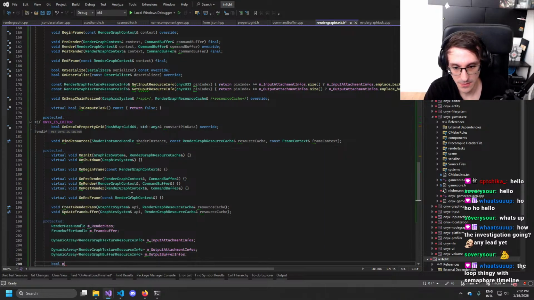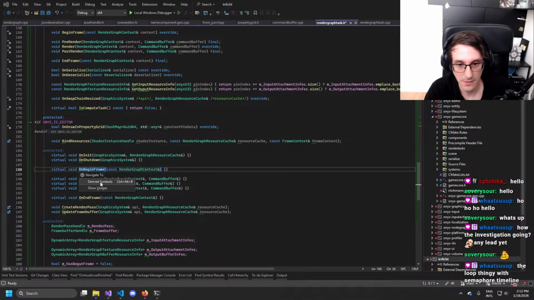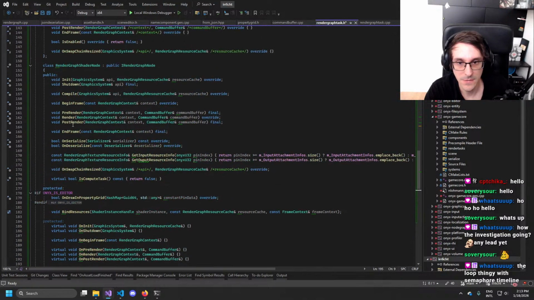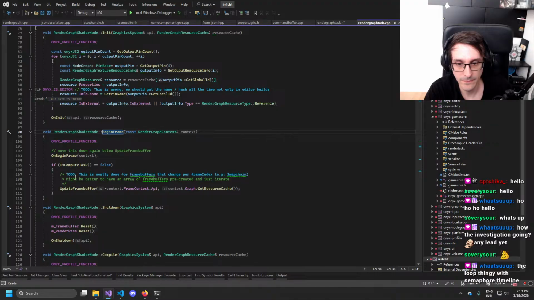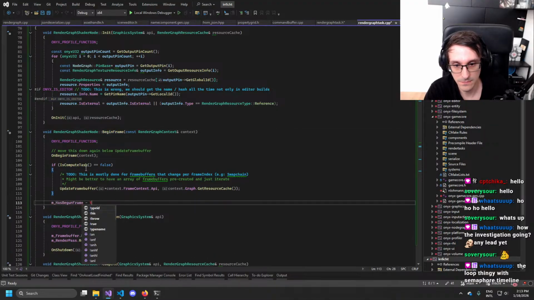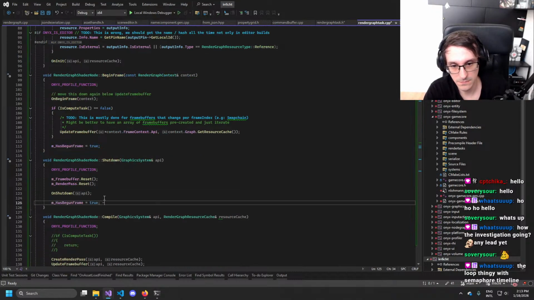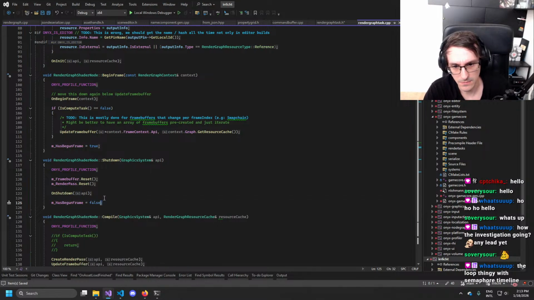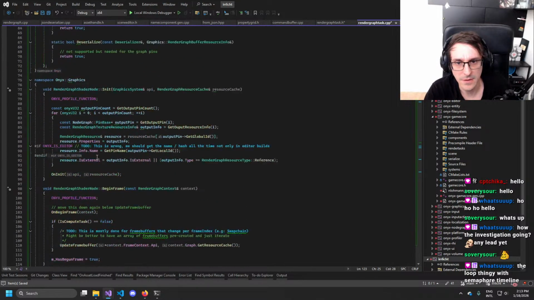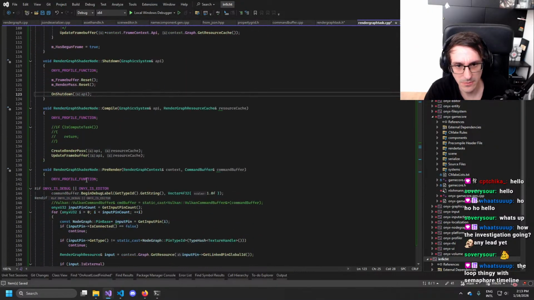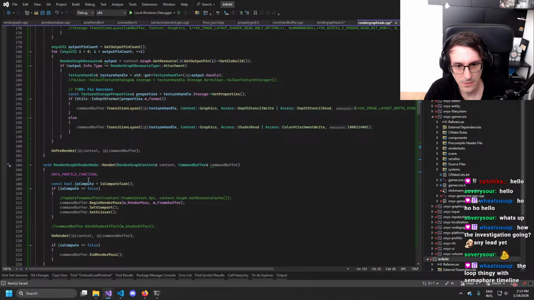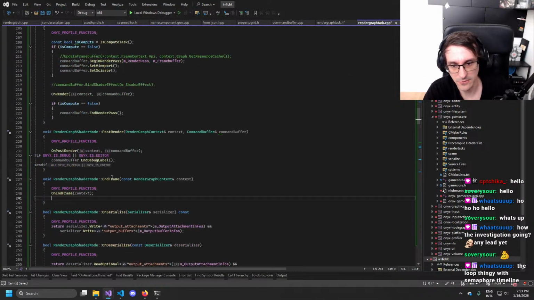Bool m has begun frame. And then every shutdown, every end frame will clear that.